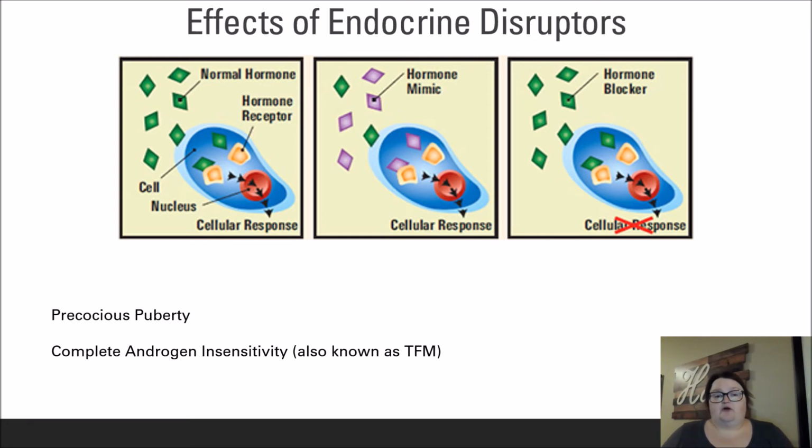In utero, or in the uterus, high levels of estrogen can lead to complete androgen insensitivity in a male fetus, also known as testicular feminization syndrome. This causes a genetic male child to develop female characteristics, including the external genitalia. The child may not know that they are genetically male until they reach puberty and do not have their menses. It's important to note these are extreme examples of endocrine disruptors, but they show that there are problems associated with these compounds in the human body.